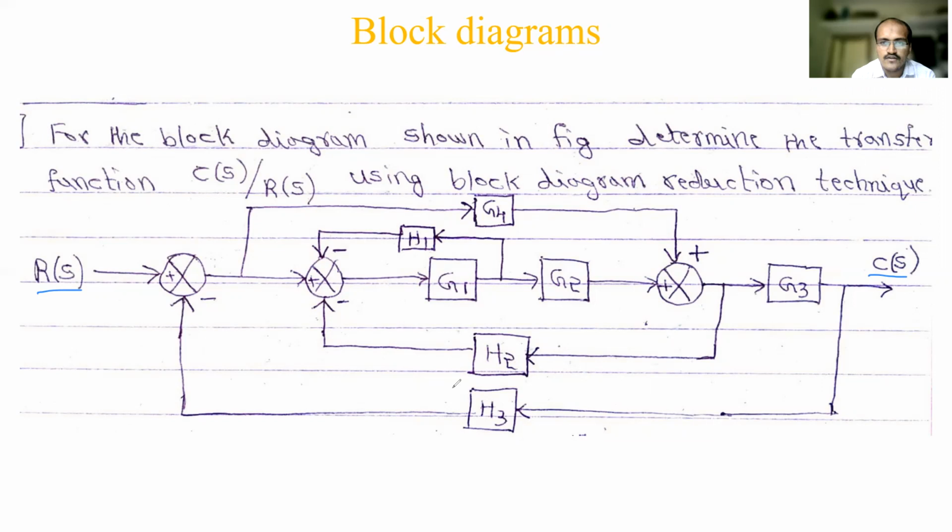When you have such a complex system, you have to simplify it. So how are we going to simplify it? The blocks are also not uniformly distributed here. After G1, a takeoff point came; between G2 and G3, a summing point came; between the summing point and a block here, a takeoff point came. So there are many issues. How to solve that? That is what the block diagram reduction technique, or rules, are about. We'll discuss the rules one by one. As much as possible, we will cover today, and the remaining we will take in the next class.